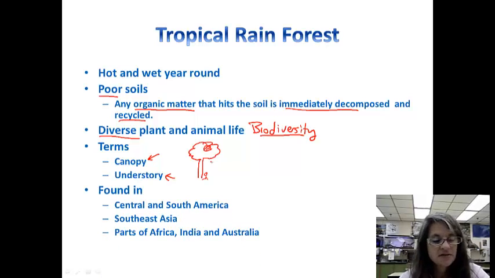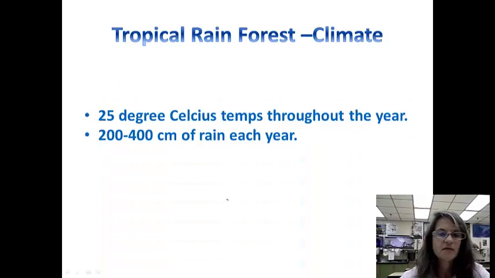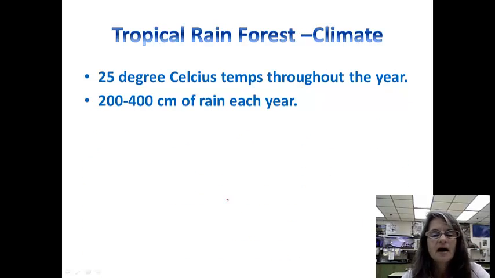Rainforests are found in Central and South America, Southeast Asia, and even parts of Africa, India, and Australia. But mostly we will focus on the Central and South American rainforest. Okay? All right. The climate, more specifically,